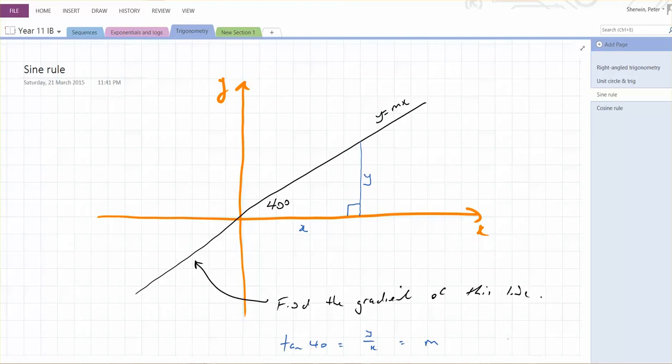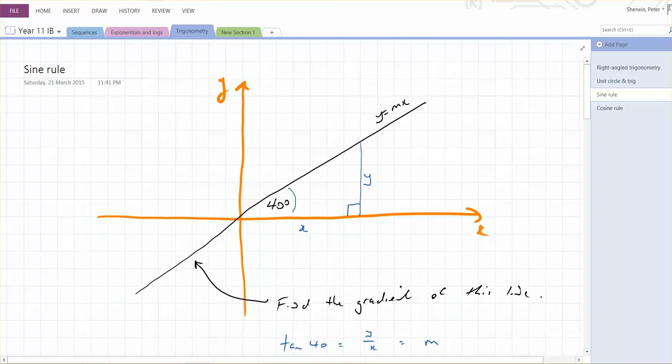and then looked at how angles go around the circle, and looked at different quadrants and relating those angles back to the first quadrant, finding exact values, that sort of stuff. So we're moving into a field of non-right angle trigonometry now. But before we launch into that, we're just going to have a look at a relationship between this angle here,